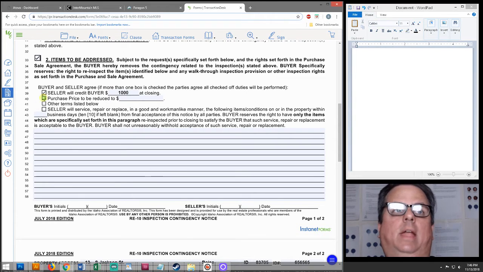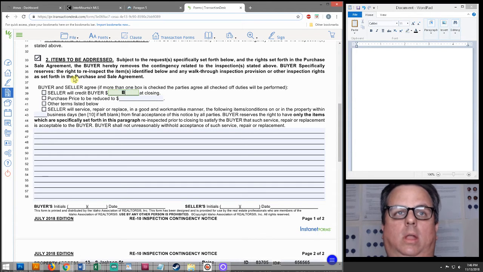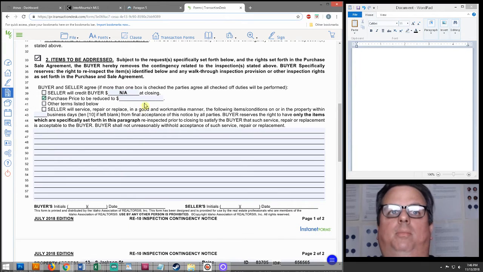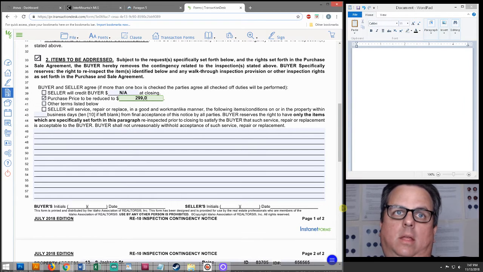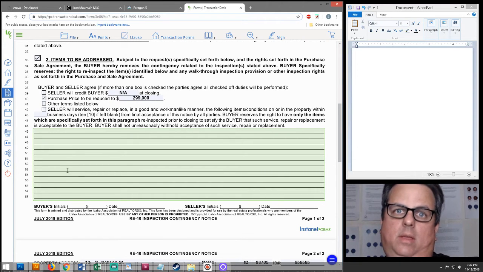Sure, yeah, we could do that. Check this box, put $1,000 in that blank. Or instead of a credit, we could ask for the seller to simply reduce the price. So if our price was $300,000, maybe we do $299,000, and we check that box instead. That's effectively the same thing, except that a purchase price reduction,